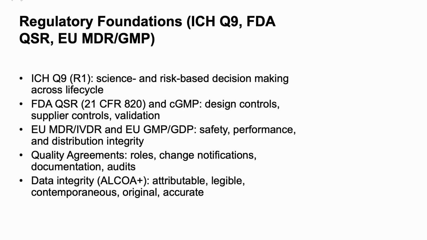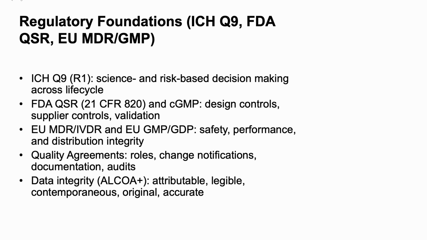For pharmaceuticals, current good manufacturing practice, CGMP, regulations in 21 CFR Parts 210/211 and parallel requirements in the EU recognize that quality must be designed into the product and maintained through controlled manufacturing and distribution. The EU Medical Device Regulation, MDR, and In Vitro Diagnostic Regulation, IVDR further emphasize safety, performance, and post-market surveillance, while EU Good Distribution Practice, GDP, anchors the integrity of distribution with requirements for temperature-controlled storage, qualified transport,